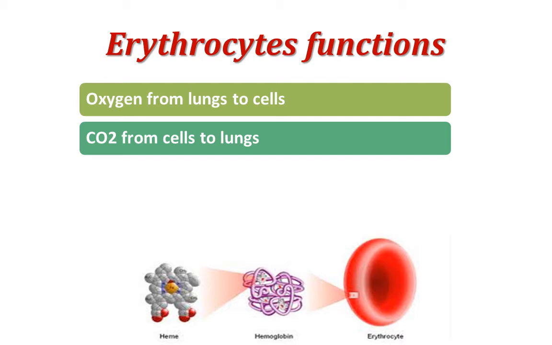Hemoglobin also transports about 23% of the body's total carbon dioxide, which is a waste product of metabolism. Blood flowing through tissue capillaries picks up carbon dioxide, some of which combines with amino acids in the globin portion of hemoglobin to form carbaminohemoglobin. This complex is transported to the lungs where the carbon dioxide is released and then exhaled.